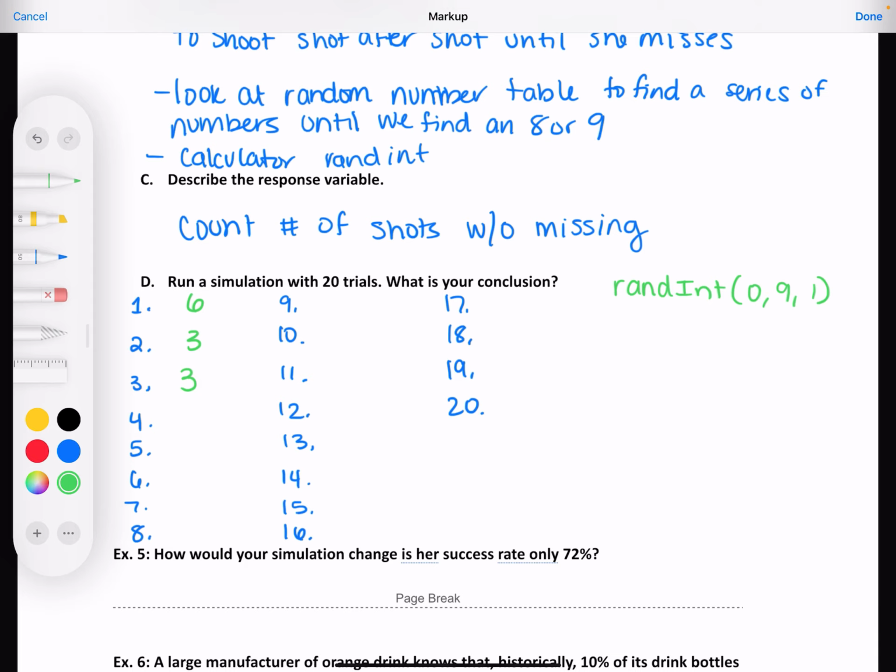She ain't very good. Oh, she got none in a row. Last year, using the random number table, one of them had 13 makes before a miss. This girl literally just missed on the first try. Mine had a really good middle section and then she just sucked again.